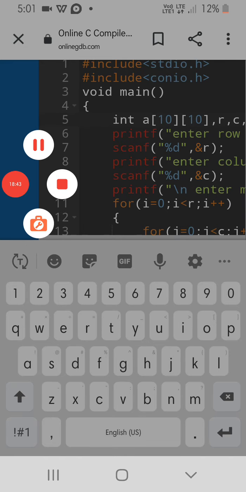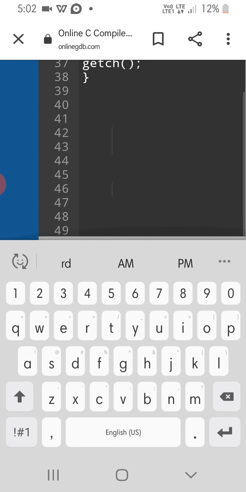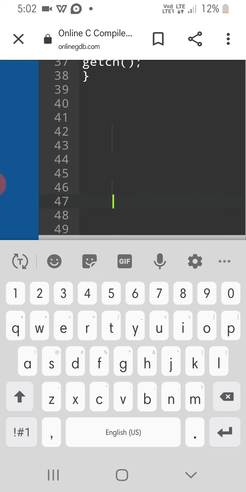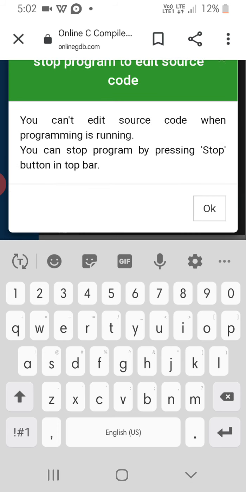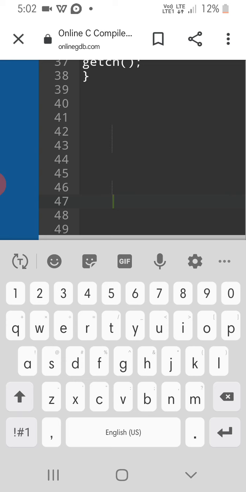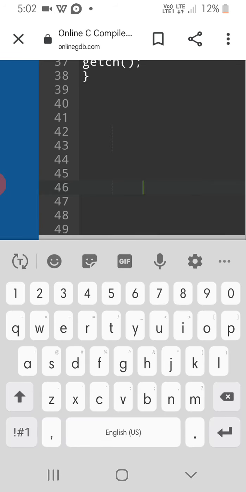So we got "enter row elements". We enter row elements as 3, as we considered, and click enter. Then "enter column elements", that is also 3, as we considered.